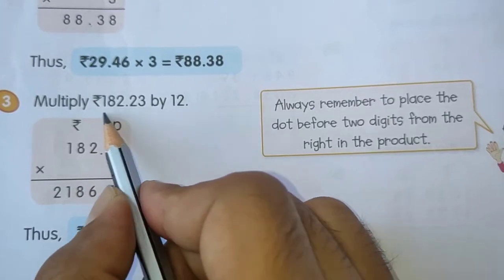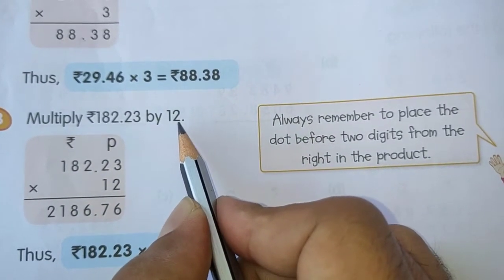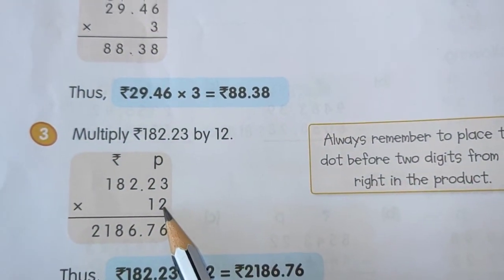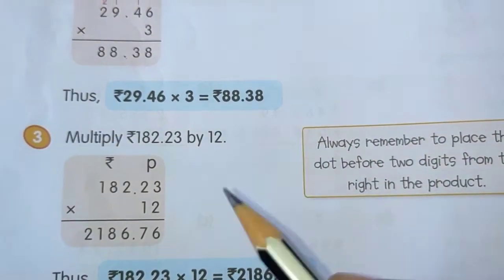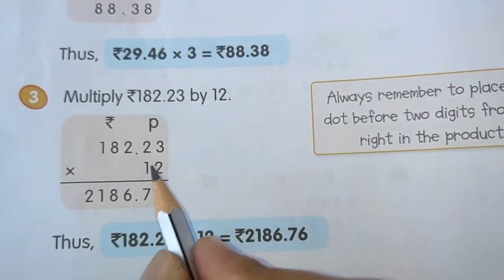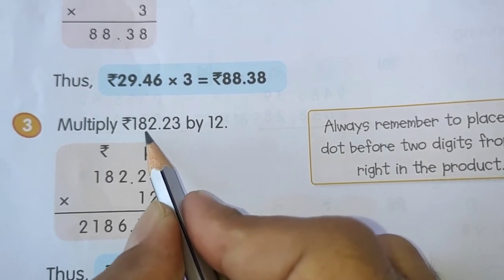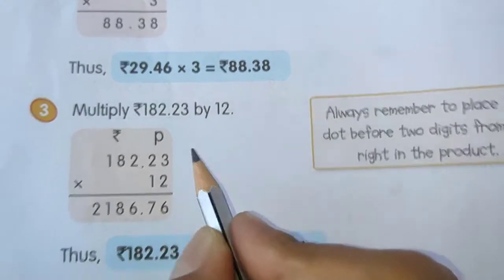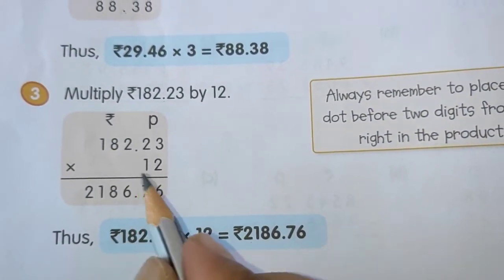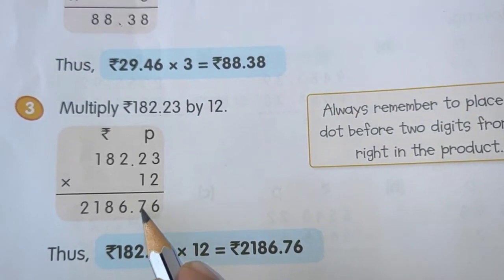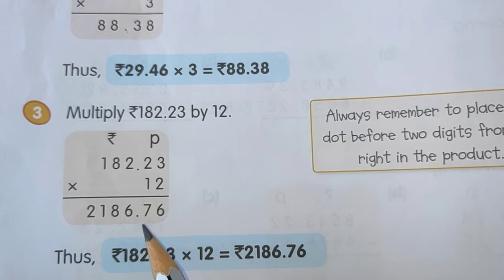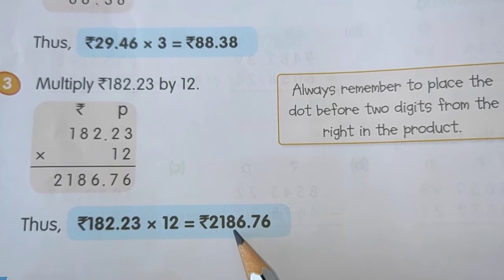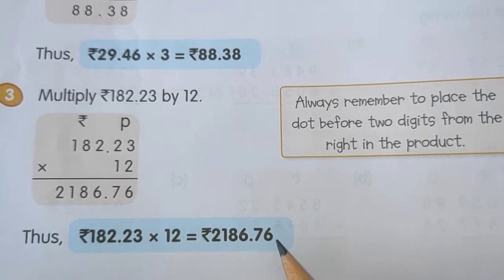If you see question 2, again it is similar multiplication. Just here this is a 1-digit number, and here it is a 2-digit number. So again, simply solve it first, and then in the final answer, first of all I will come back here. See, this is the decimal number. How many digits are there on the right-hand side of the decimal point? 2 digits. So I will adjust it in my final answer also. I will count 1, 2 and then put my decimal point here. So the final answer will be rupee 2186.76.